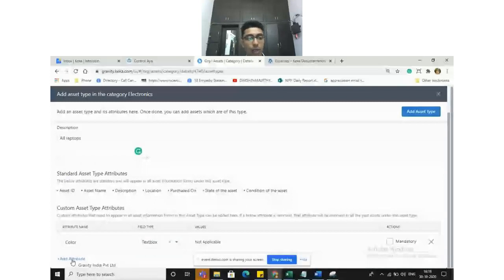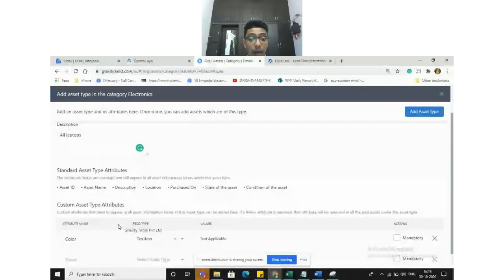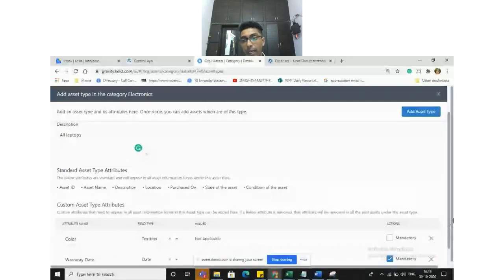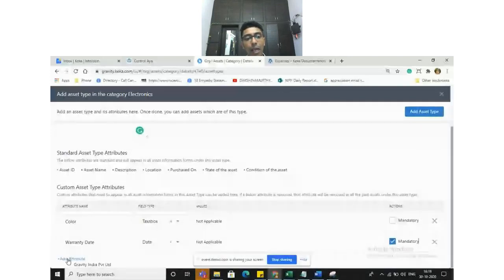Followed by, you can add warranty date. You can select this attribute type as date, and you can say that it is mandatory. Likewise you can add multiple attributes as required.